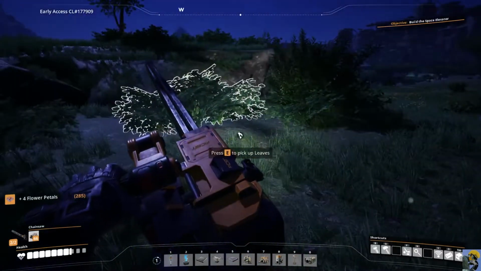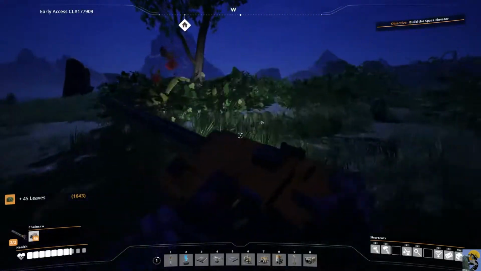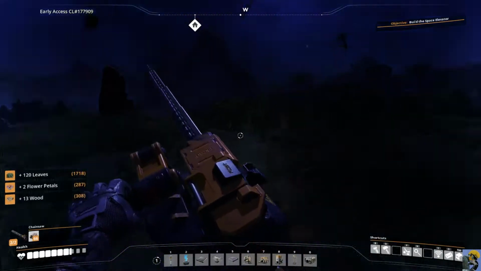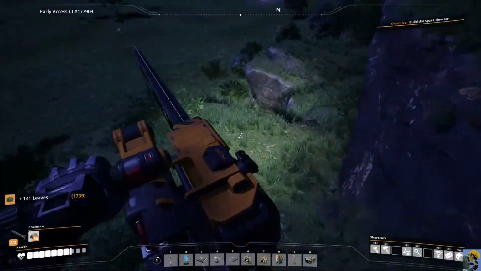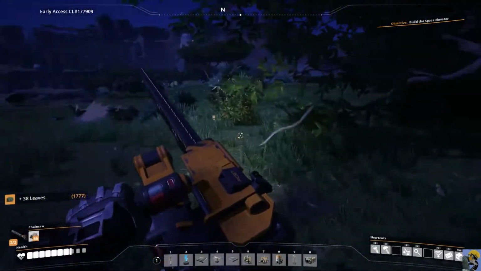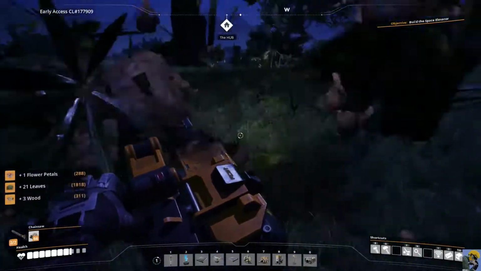Yeah, look at this. I now have 1,600 leaves on me. And I've just kind of done one run. And I have 308 wood. So, yeah, this is much better. All right, so let me get this going. And hopefully then I can spend some time just reworking my factory. And then also